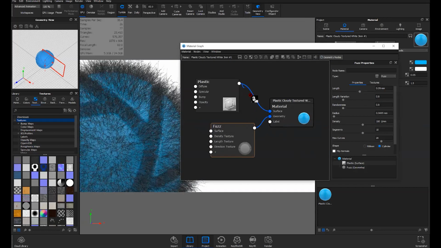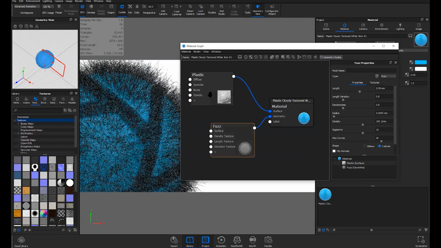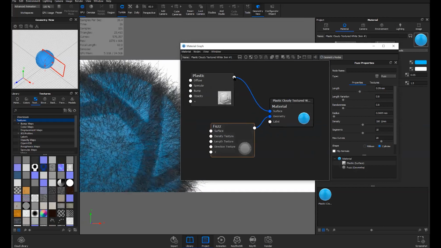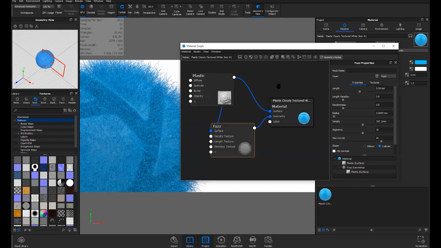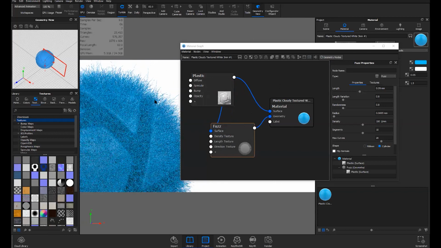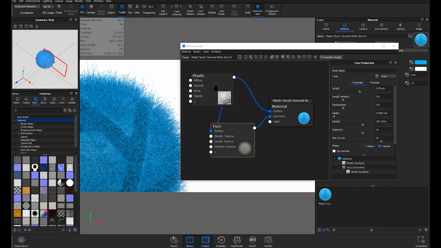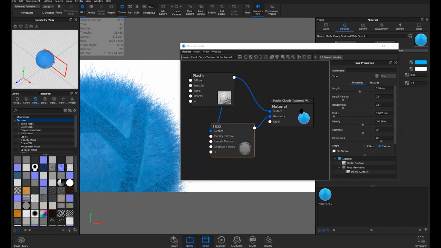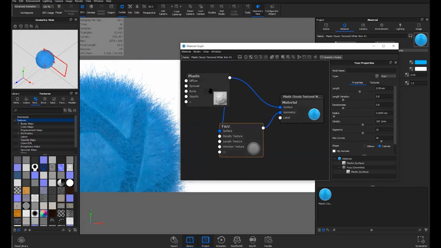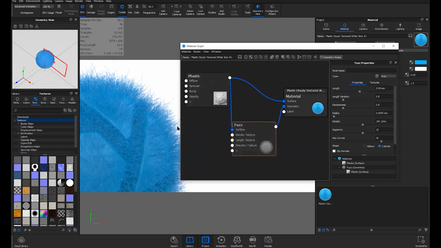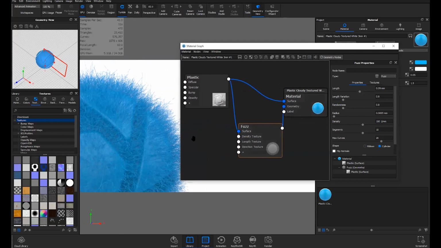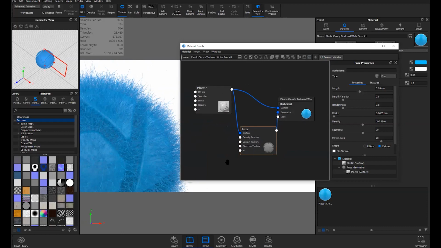Another great tip here is this plastic that I'm using on this base material, you can just bring another connector over and then apply that to your fuzz. I'm going to execute that again. And those settings will be applied to that fuzz. So it's going to take on the same settings as your base material. We'll also look at emissive fuzz too, maybe, if we want to. So now that we have this built out, we kind of like this look,